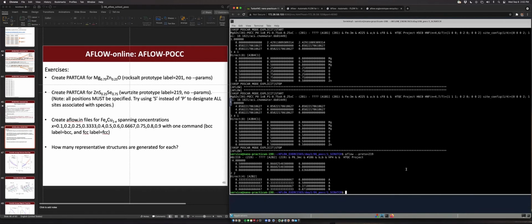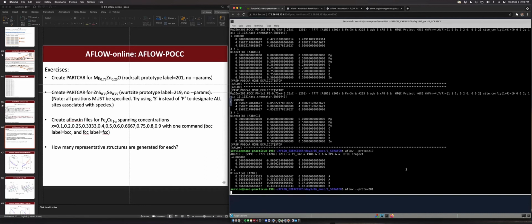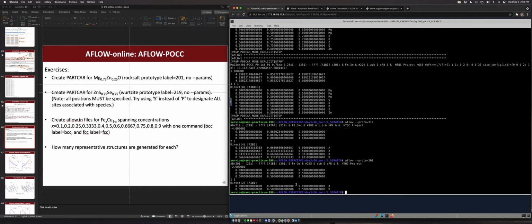So we're going to want to type first. I always advise to always create the backbone structure first. So aflow --proto=201. So that gives us our rock salt structure. I always know that it's a rock salt primitive structure because I get zeros along the diagonal here for the